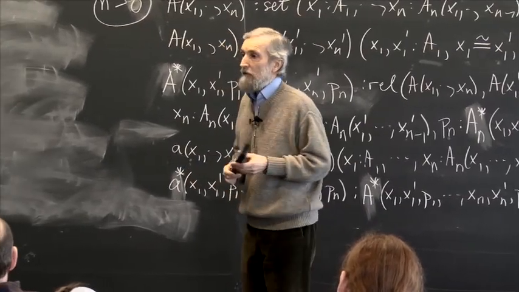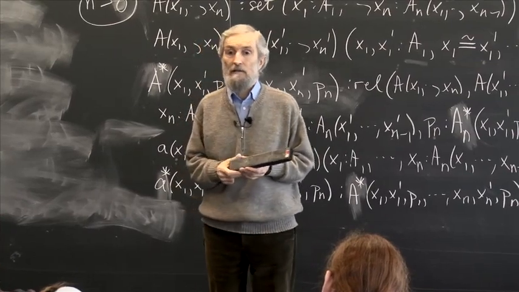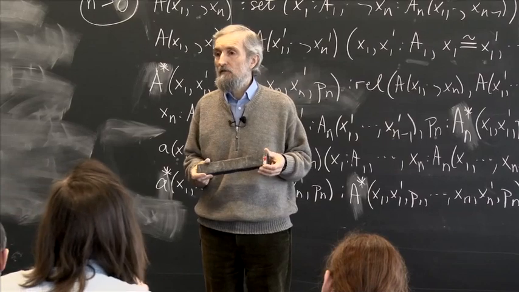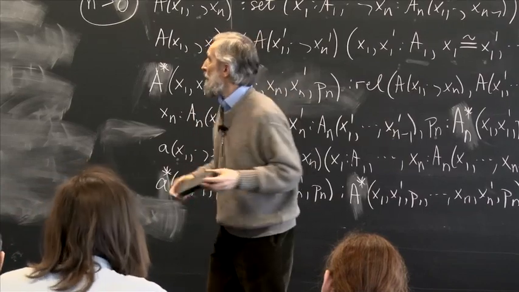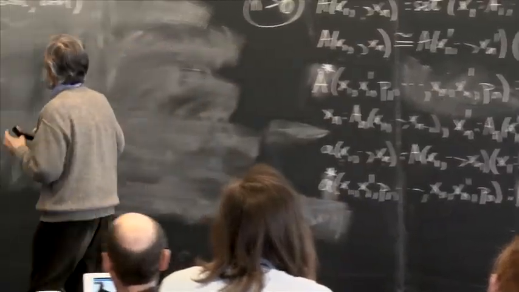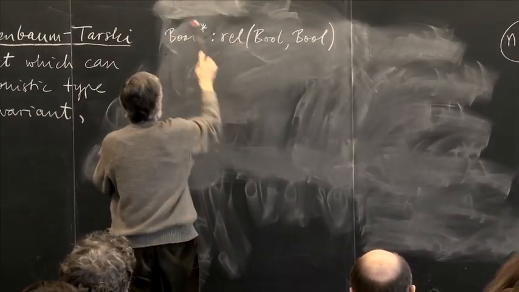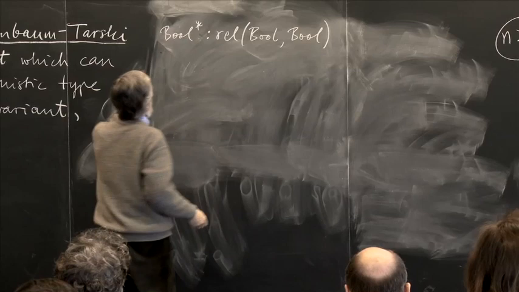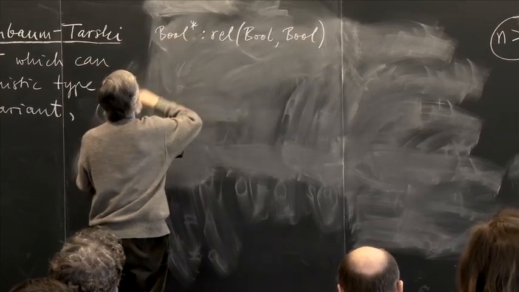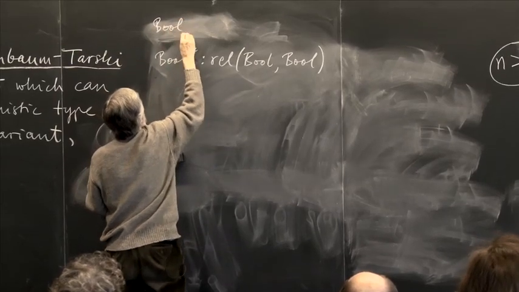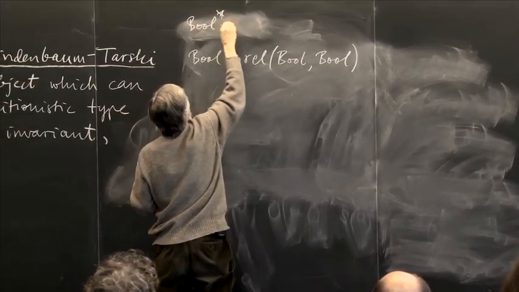That means that we get a duplication. We get twice as many rules as we have in the original theory. So in particular now, we are in such a case, namely that we have the standard rule, which I just wiped out, of bool formation. And that will now be accompanied by the rule of bool star formation,